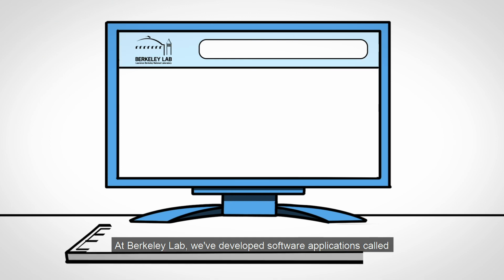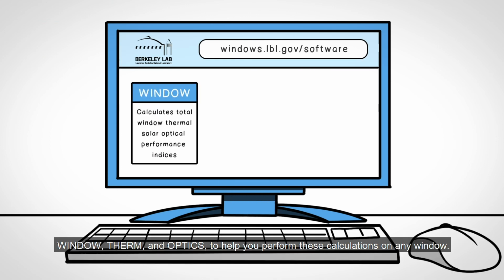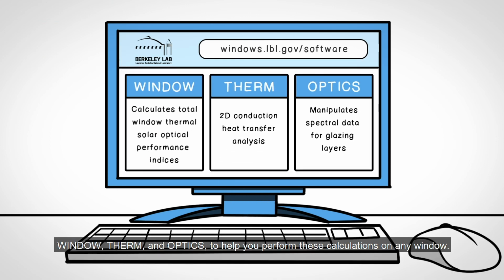At Berkeley Lab, we've developed software applications called Window, Therm, and Optics to help you perform these calculations on any window. Learn more about this software at